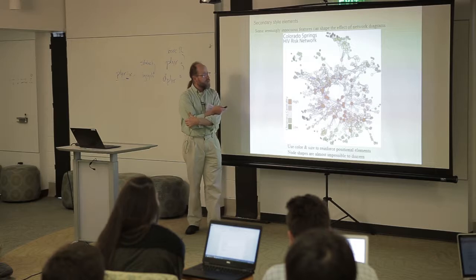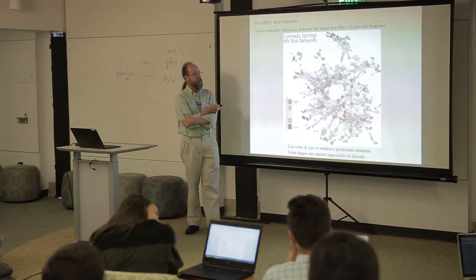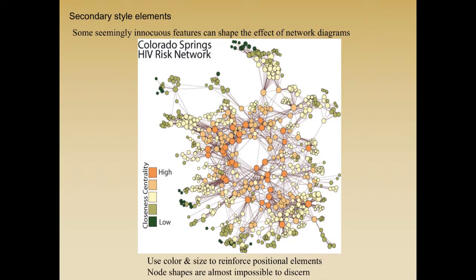This is a point made earlier. I tend to try to reinforce elements as best we can. So in this case, I've colored the nodes by their degree. I've colored them by their centrality, and I've sized them by their degree, and those things are highly correlated. And so then you get this reinforcement of nodes in the middle versus the periphery that are mapped by both the colors and the size.